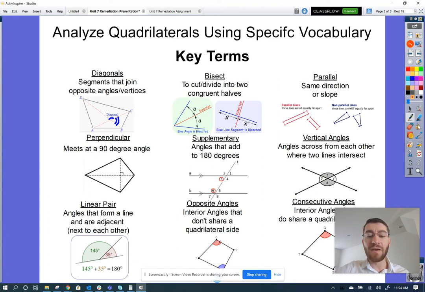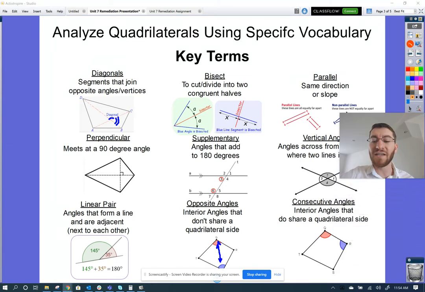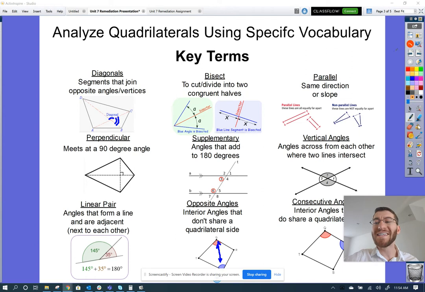Opposite angles are angles that don't share a quadrilateral side. Some people think of them as angles that are across from each other, and that would be a fine way to think about it. And then we have consecutive angles. Those are interior angles that do share a quadrilateral side. So you can think of it as angles that are right next to each other. All right, so let's actually get into